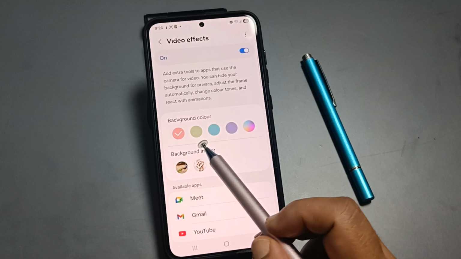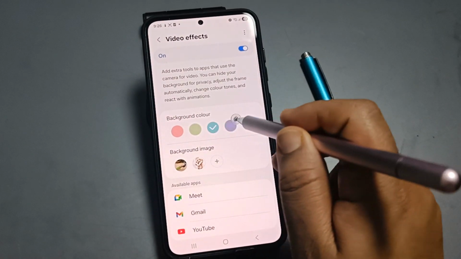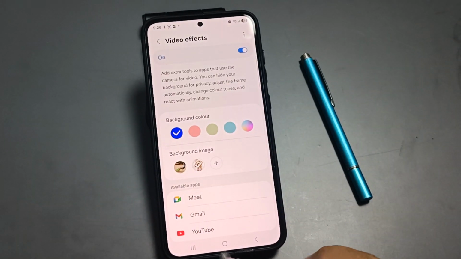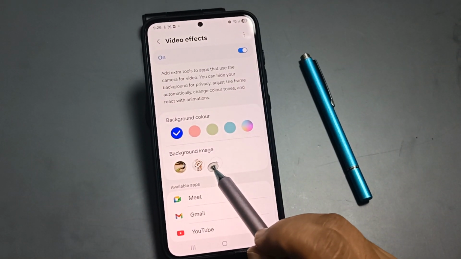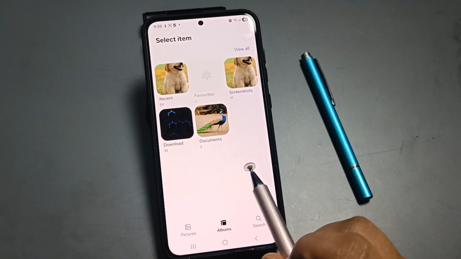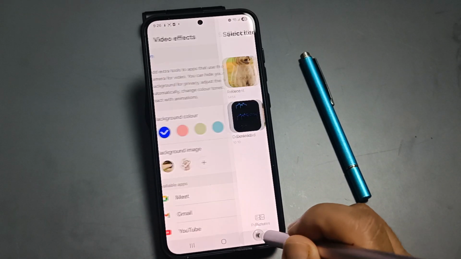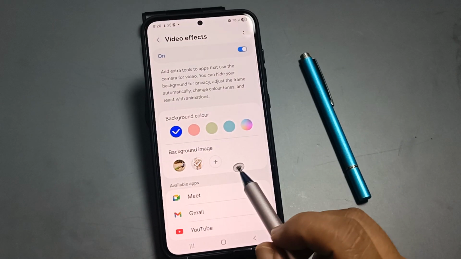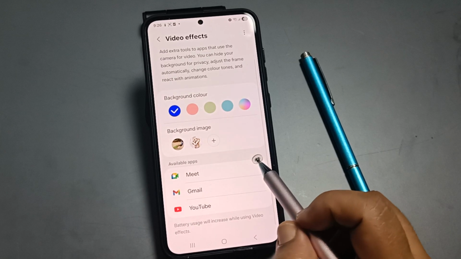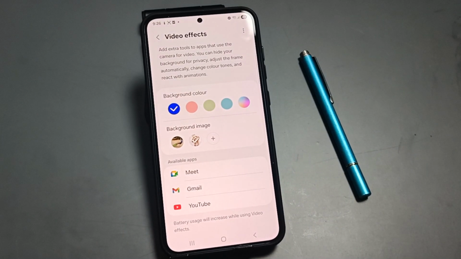Okay. You can see from here you can select any color from here, and also you can change the background. Tap on the plus icon, it will directly go to your gallery, and from here you can easily select the image and you can easily start the meetings. So this is the best video effects